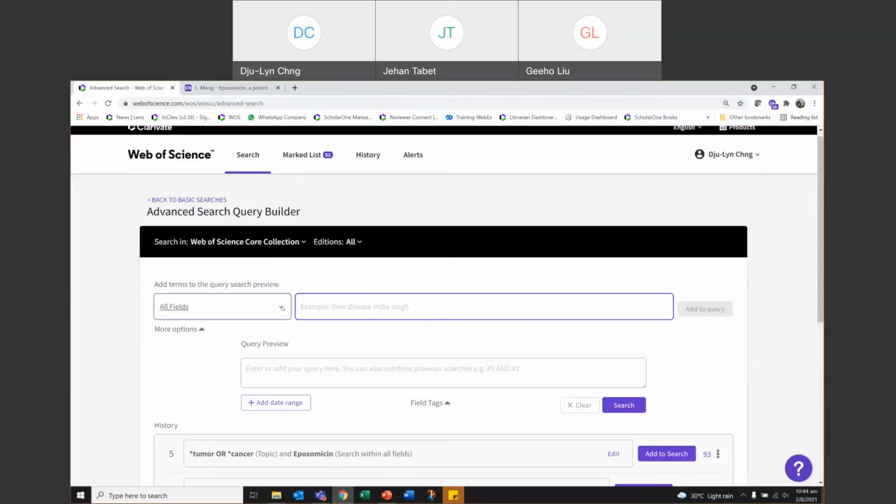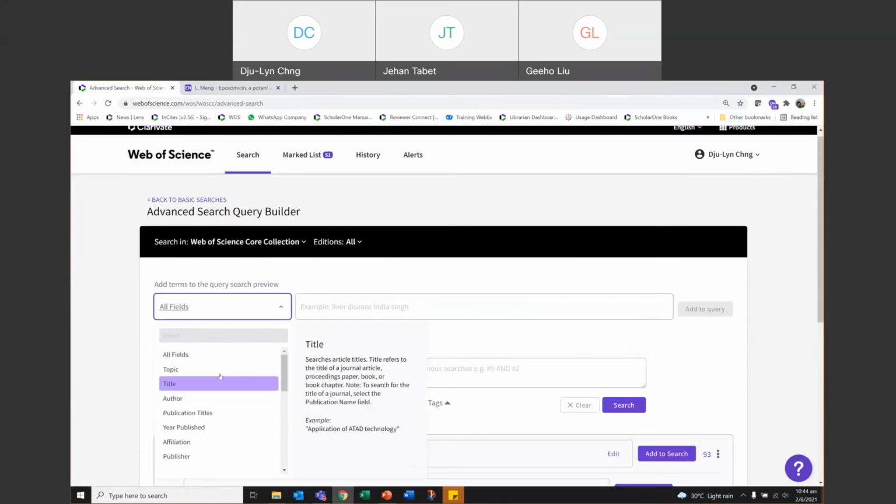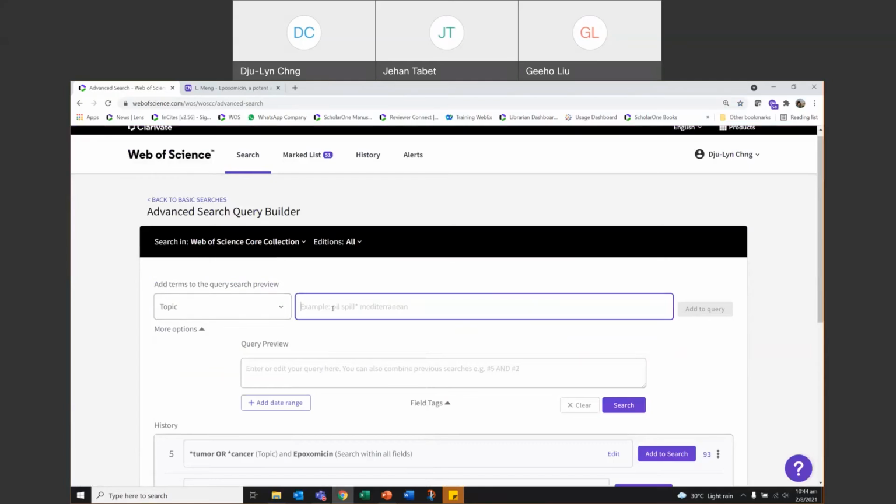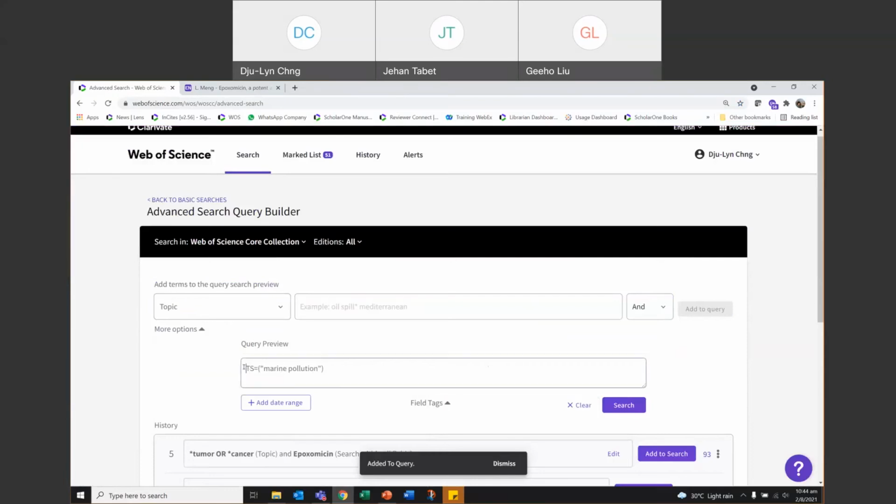There's an option for you to select the relevant fields that you want to. So you can click on topic and you can search for, let's say, marine pollution. Okay, so let's say this is my first search term, marine pollution, and I add this to my query. You can see here it is now creating an advanced search for you with the correct parentheses as well as the correct terms and field